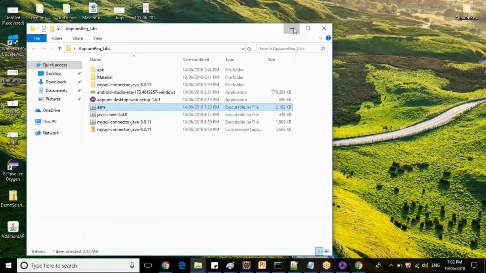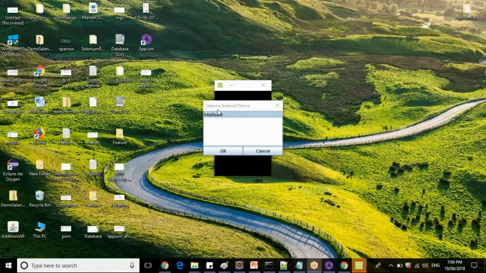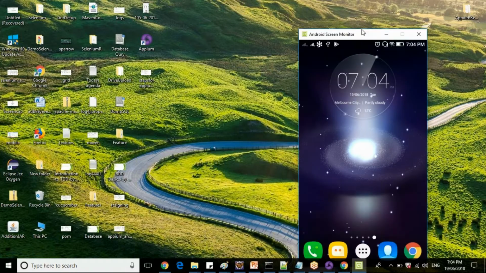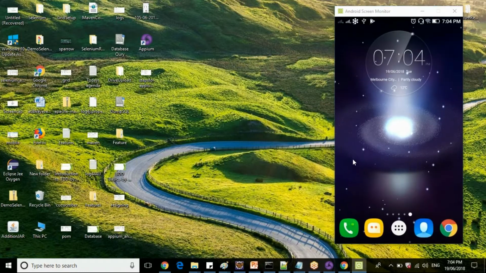So double click this jar file, then it will tell you how many devices are connected. So only one device is connected now. So click OK. It will show the mobile screen here. Clear? So you can view your mobile screen.